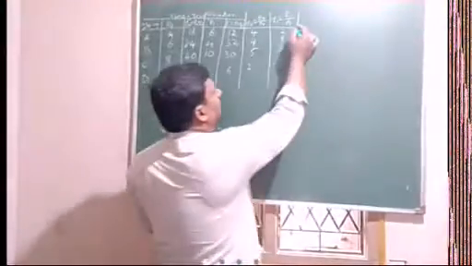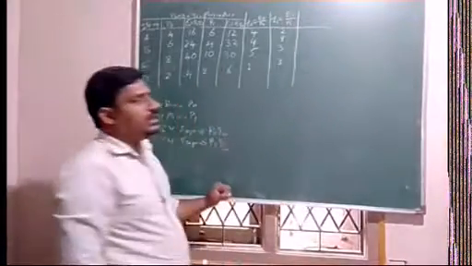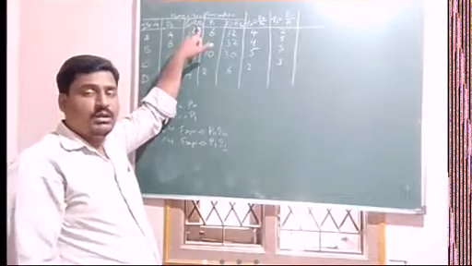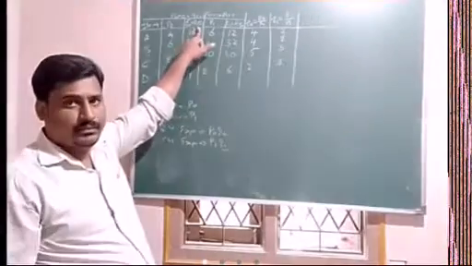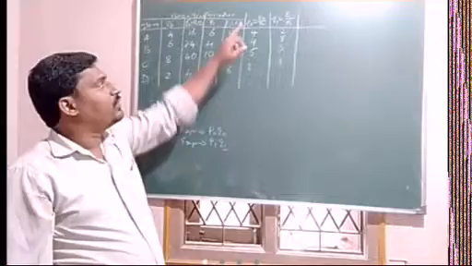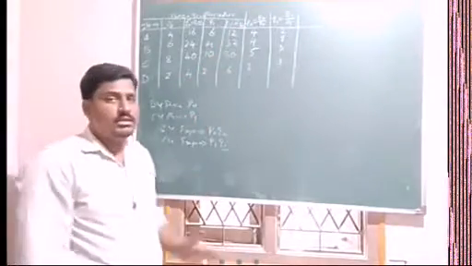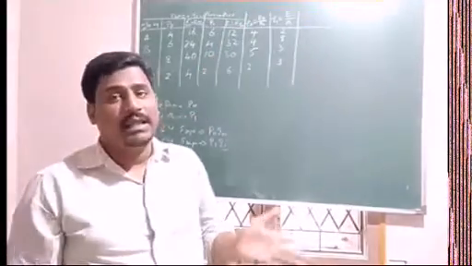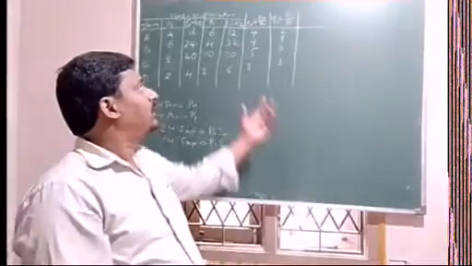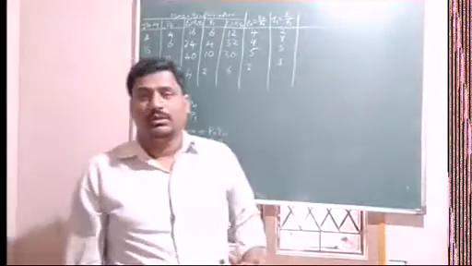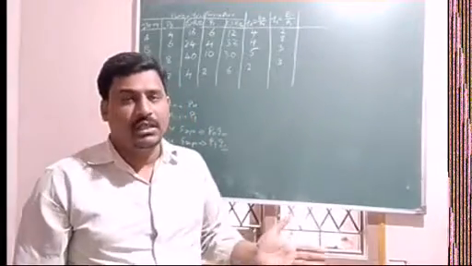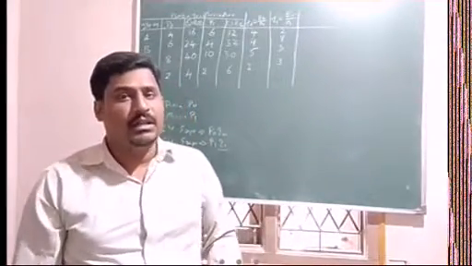Next, what columns do we need here? The P naught Q naught column is already there, so it is not necessary to calculate once again. And the P1 Q1 column is also there, so it is also not necessary to calculate. Some students calculate it once again after getting these two values. Don't do that. You don't get extra marks there. It is just a waste of time in the exam hall.